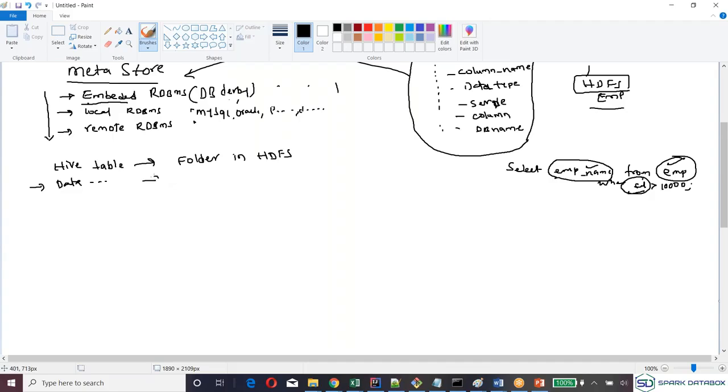Data in the table is nothing but the files here, the flat files.